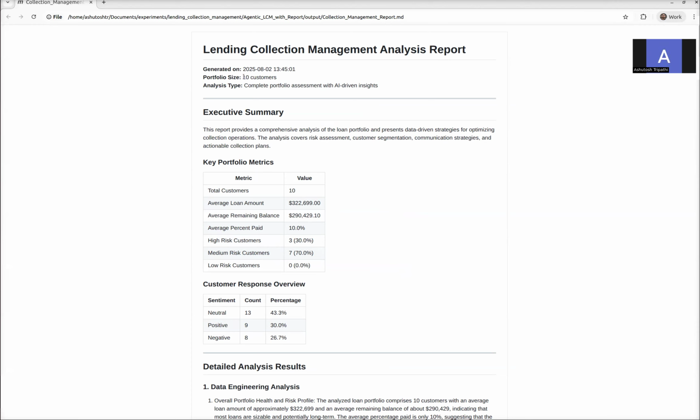As I said, I have generated it for a sample of customers, that is 10 customers. So here the complete portfolio assessment with an AI-driven agent is done. Now if I just go through it, it has generated a very nice executive summary. For example, this report provides a comprehensive analysis of the loan portfolio and presents data-driven strategies for optimizing collection operations,